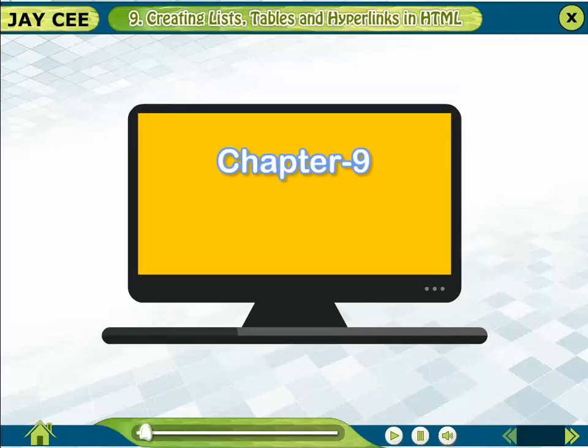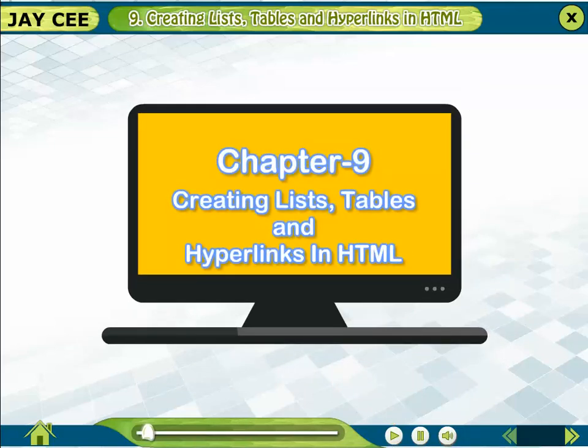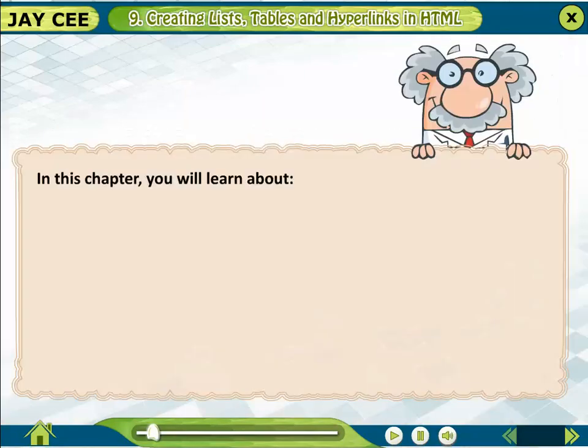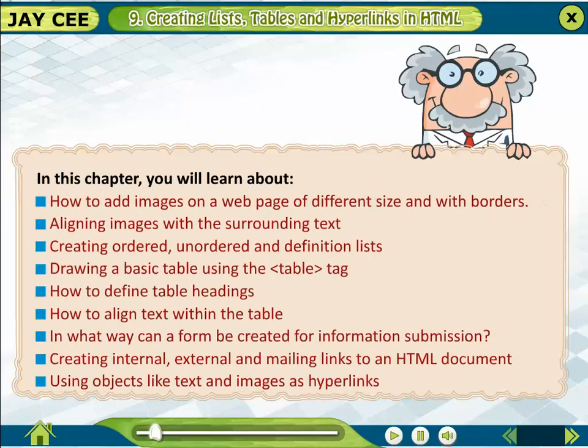Chapter 9. Creating lists, tables, and hyperlinks in HTML. In this chapter, you will learn about how to add images on a web page of different size and with borders, aligning images with the surrounding text, creating ordered, unordered, and definition lists, drawing a basic table using the <table> tag, how to define table headings, how to align text within the table, in what way